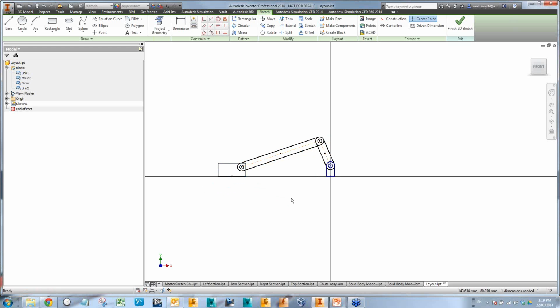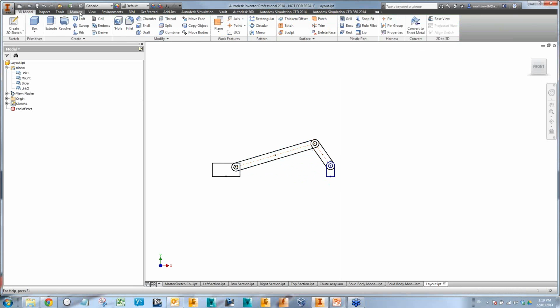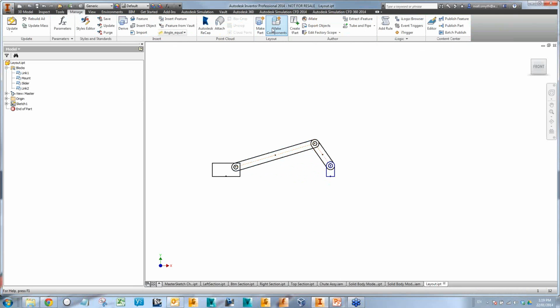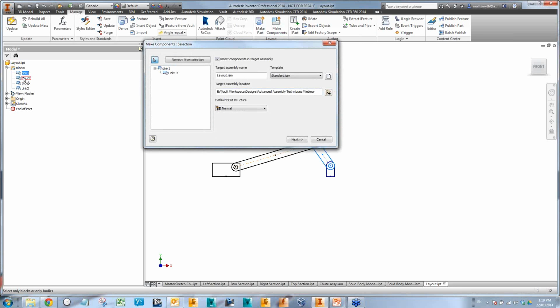And dimension it, create it, and modify it exactly the way I need to without having to create an assembly. So I design everything at the sketch level. Once I'm happy with that, I go to my Manage tab again, and I say to Inventor, this time make components, and we'll work with Link 1, Mount, Slider, and Link 2 by clicking on the blocks over on the left-hand side. I'll use again the standard template,